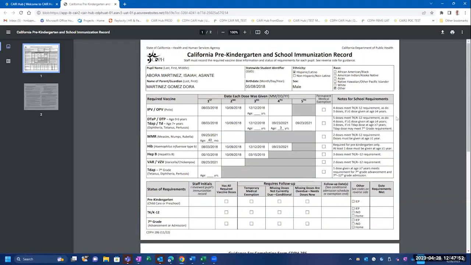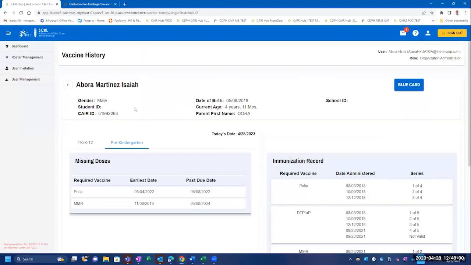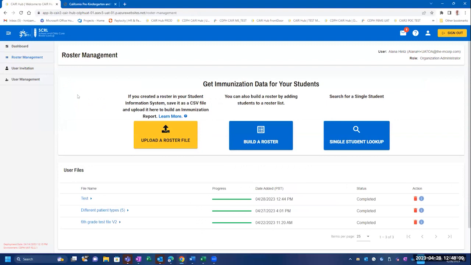The blue card opens up as a PDF where you can then download it from your computer or print it. To close the vaccine history page, click on the arrow beside the child's name. The roster management page reopens and your single student lookup details have been cleared.